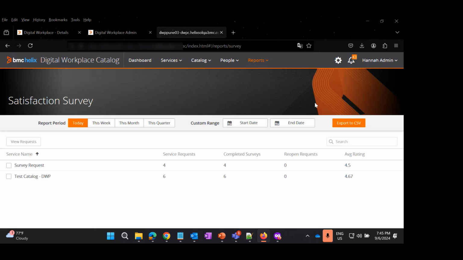This is similar to the request report. We have the options to select this week, this month, or this quarter, or a custom date range. Based on this, we'll take up today's one. I have two catalogs which were submitted for 4 times and 6 times, and the surveys are completed for 4 and 6 times. Here we can see the average rating based upon all the ratings provided for